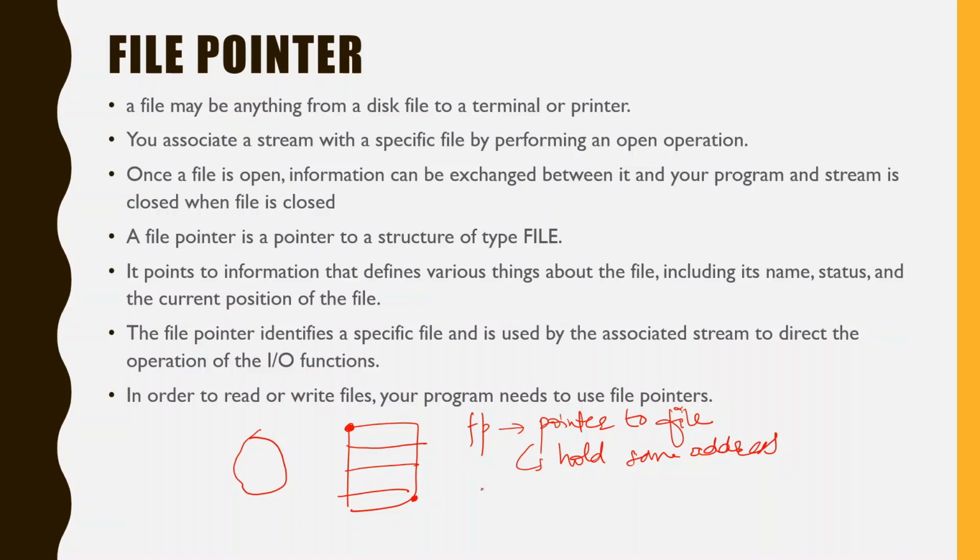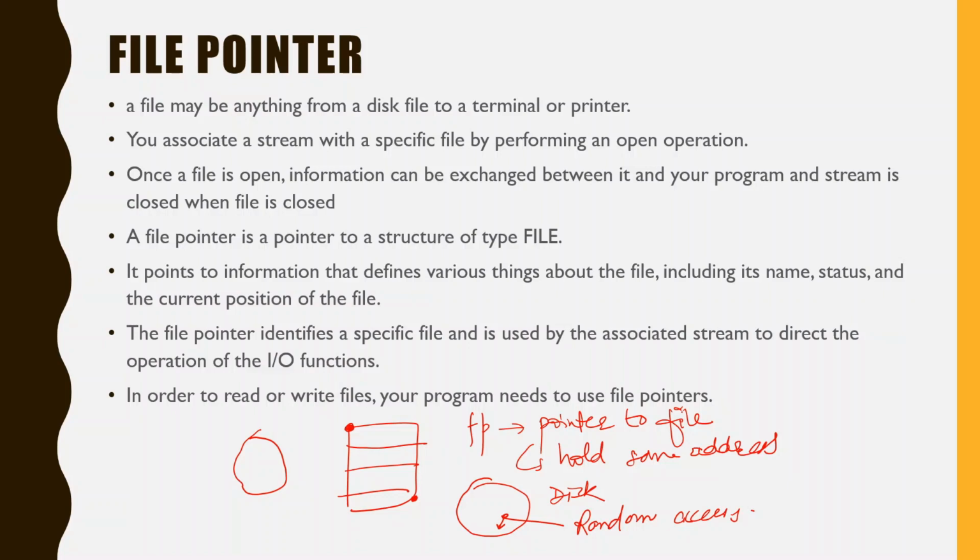This file pointer can also be treated as, since we know that the secondary storage is in the form of disk, some pointer or some disk access mechanism which is able to move for the random access. So this file pointer can be moved for random access like the head of the disk. So there are some uses of file pointer.